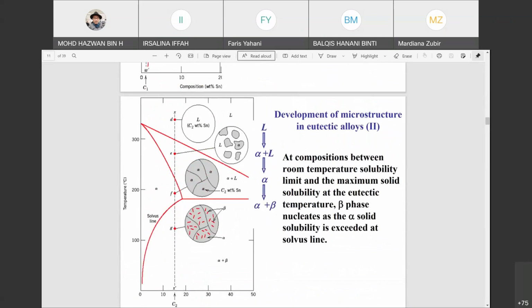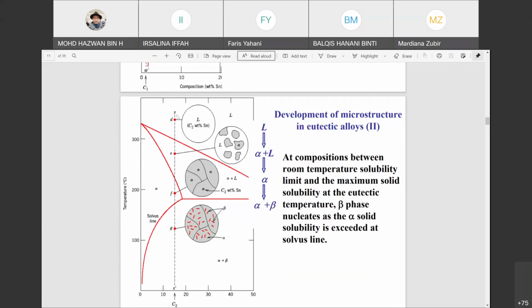This is basically the case of a region between 2 until maybe over here is 18 or 19, 18. So if you have a composition between 2 until 18% of tin, at different temperatures, then this is actually